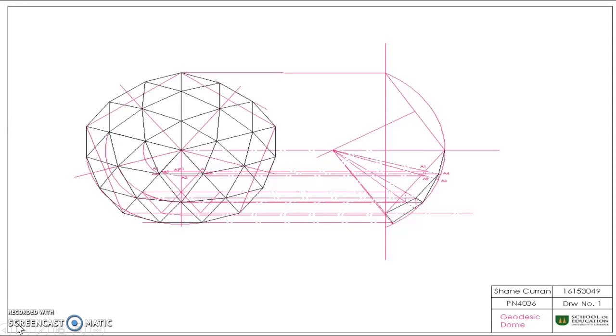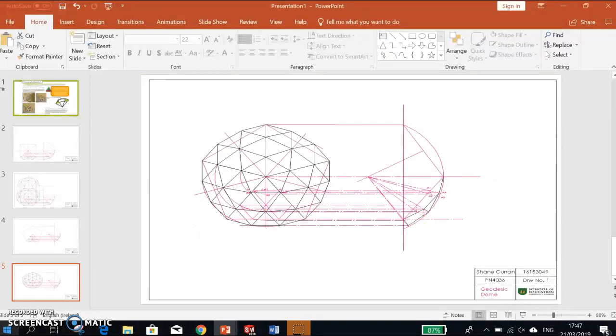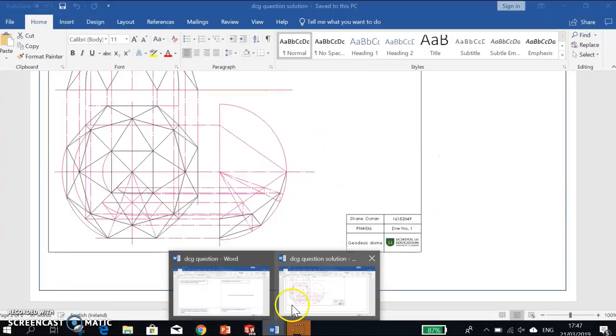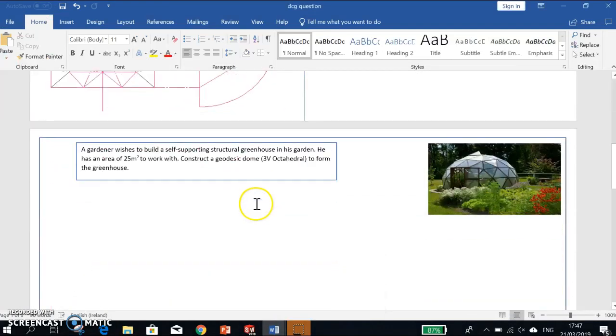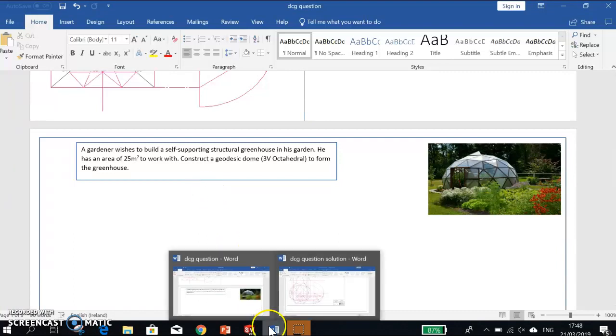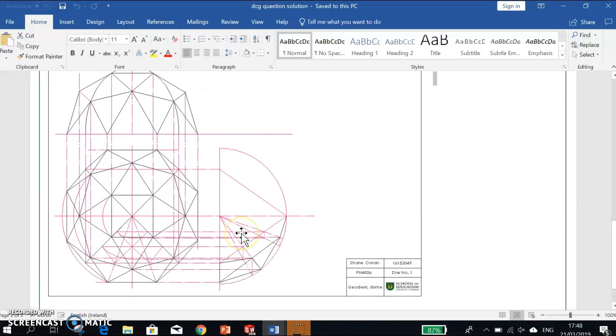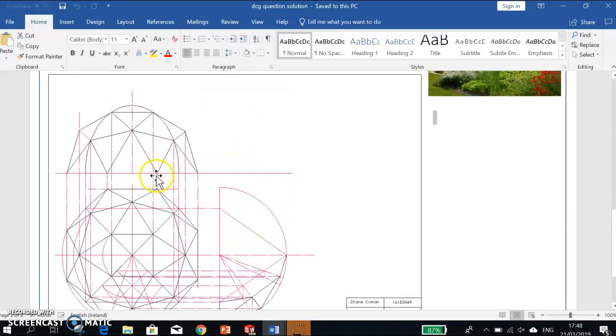So I used the two different methods because just looking at, for example, the question which I've designed, you can see that students are asked to construct something, in this case a greenhouse, so all areas would have to be flat on the ground. So as you can see from the solution of the octahedral method, all points are flat when touching the ground,